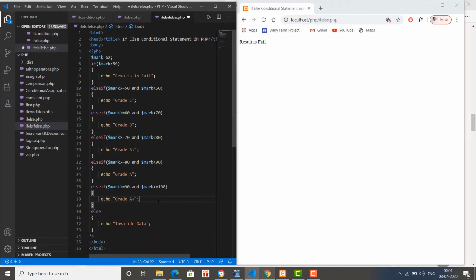So what have we done here? We have taken a variable marks, and we are making conditions on it. If marks are less than 50, the result is fail.